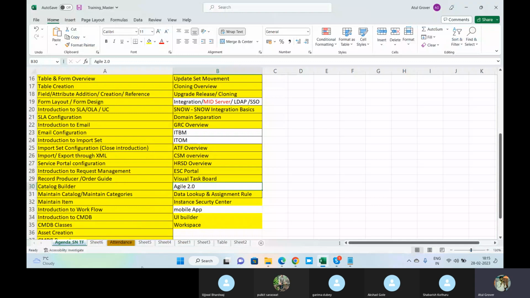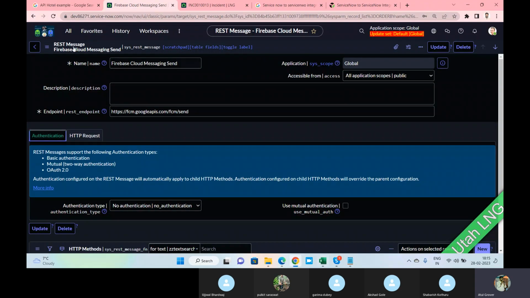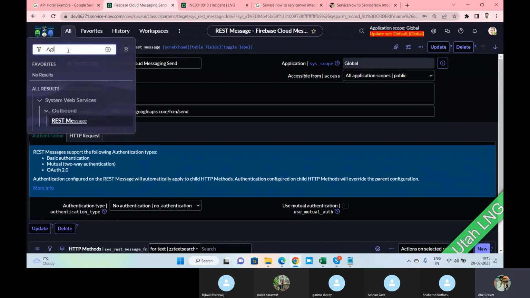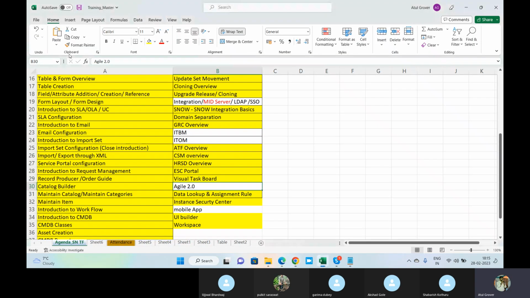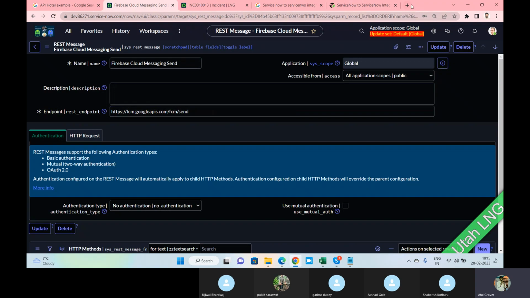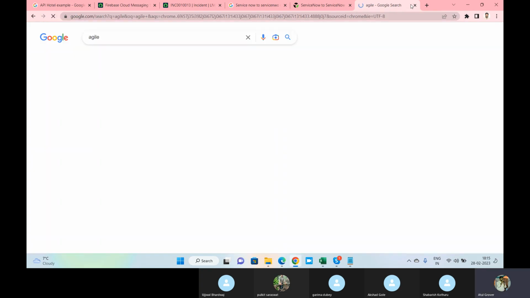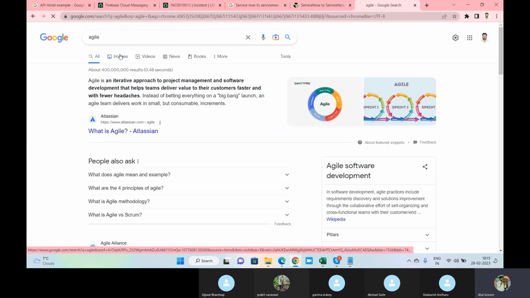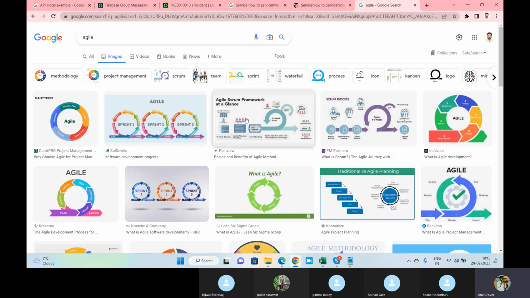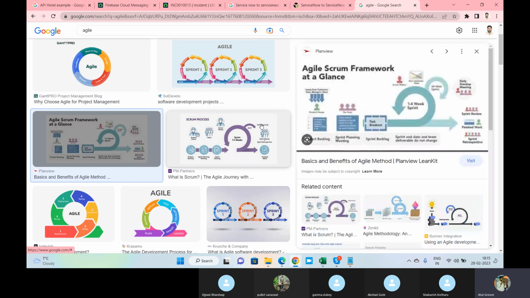ServiceNow also has an Agile module, I can say. Okay, I don't have that plugin installed. No problem, we'll discuss theoretically in that case. So there's a concept called Agile methodology. Agile story. No, what was Agile? Search with the name Agile, you will find something. Good. Okay, yes, this is Agile glances. It's a good one. We can discuss this thing.